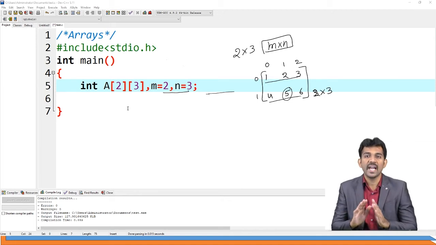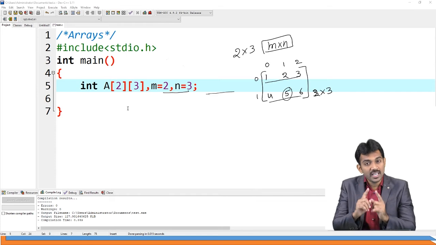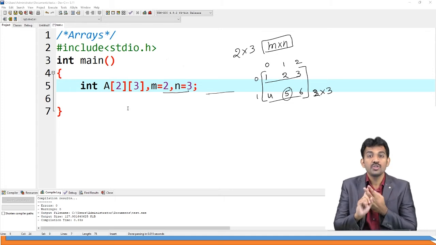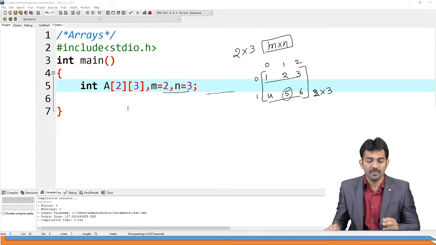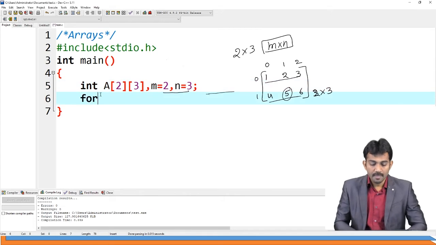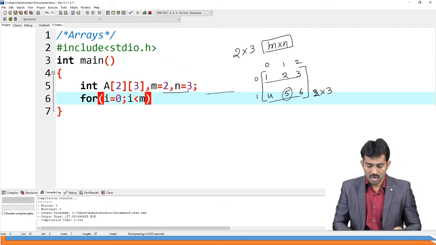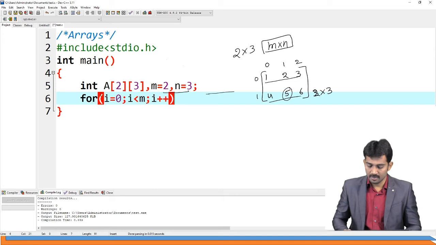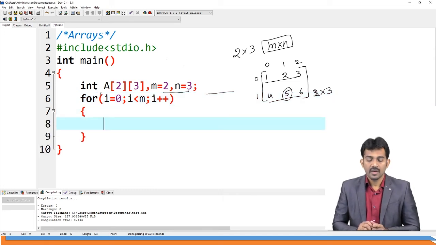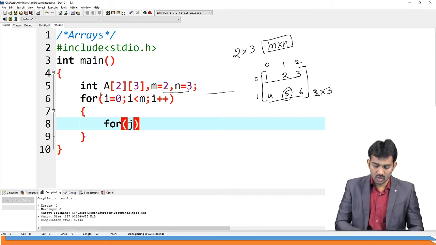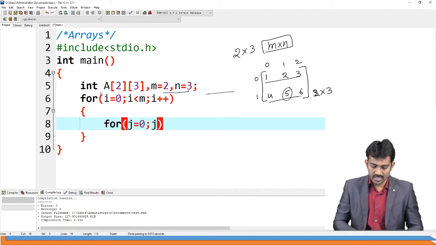How many dimensions are you going to create? 2 dimensions, so you should use 2 for loops, nested. First, for i equal to 0 and i less than m rows. The first for loop is for rows and the second for loop is for columns: j equal to 0, j less than n, j plus plus.